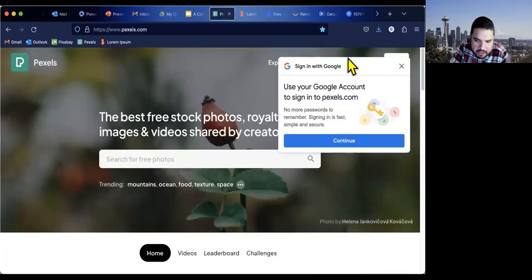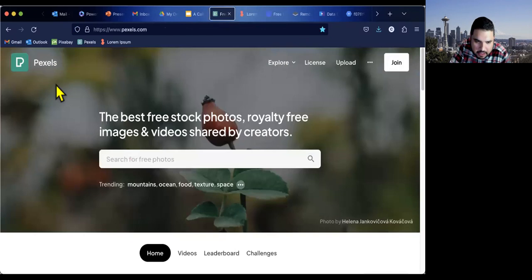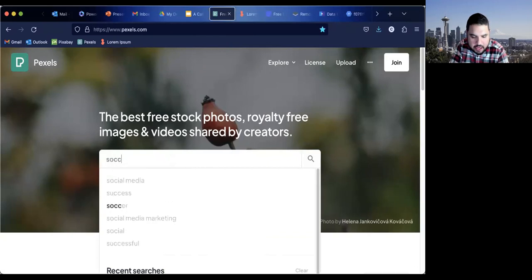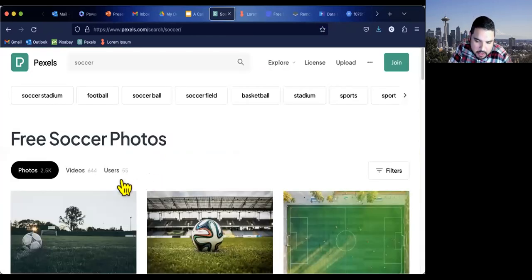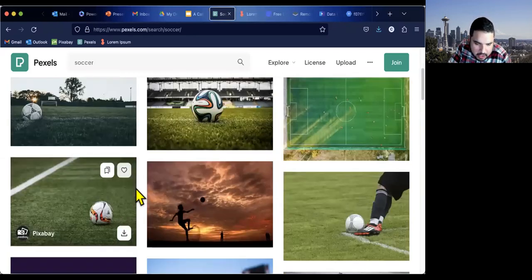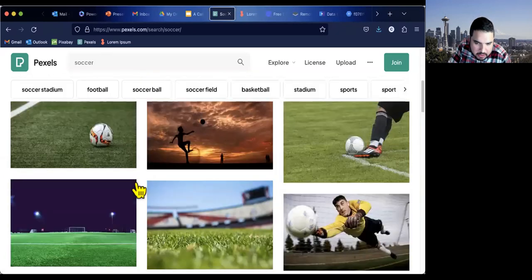There's a whole bunch of image libraries. Some of the better ones are called Pexels, and then you could type what you're looking for, and you can get high quality images. So if I type in, for example, soccer, you're going to get people playing soccer or soccer balls, and these are free images that you can use. You don't have to give attribution to them.